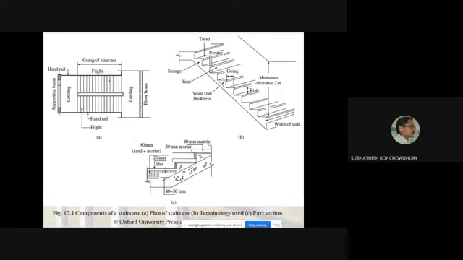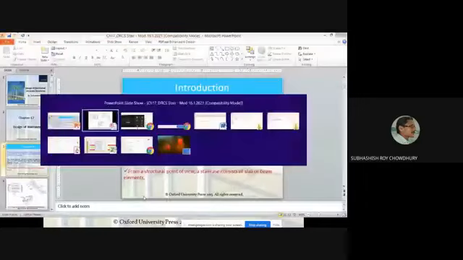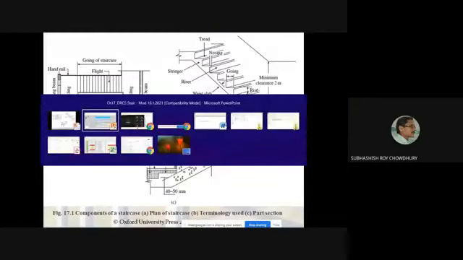Now, here is some basic information regarding the dimensions, etc. These are given. I am not entering into that part because you know this one. So generally, what should be the dimension for the riser, what should be the dimension for the tread. Okay, regarding that, you already have the idea, and you have got this in your earlier building planning, construction, etc. papers. So I will mainly discuss the aspect of structural designing. So let me enter into that particular part. Your friends are still joining, so it is creating the problem.